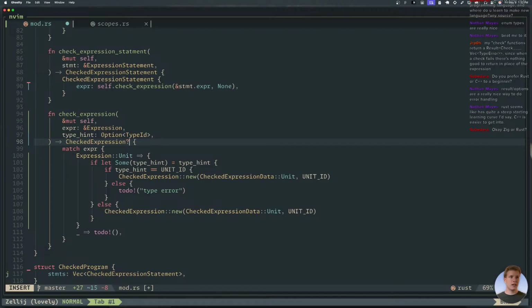Zig or Rust? I've only done a tiny little bit of Zig. I'd say Zig seems quite a bit simpler than Rust, though. I think that's one of the goals of Zig, to be pretty simple. So Zig's probably easier to get into as a beginner. Does that mean it's better? I don't know, but